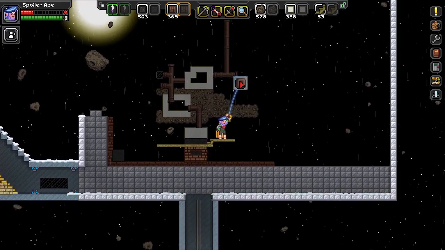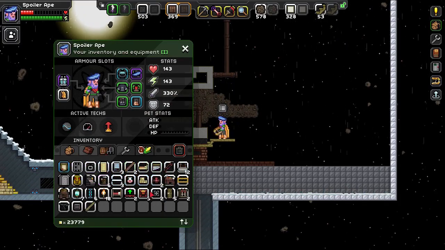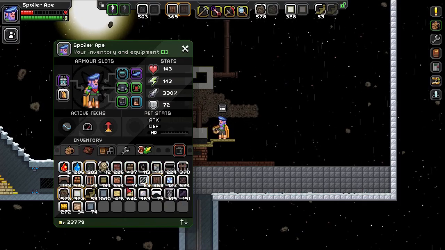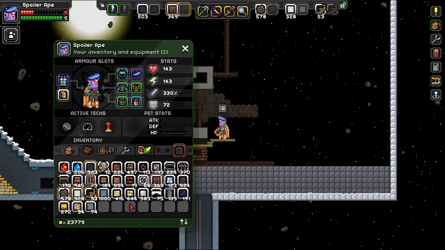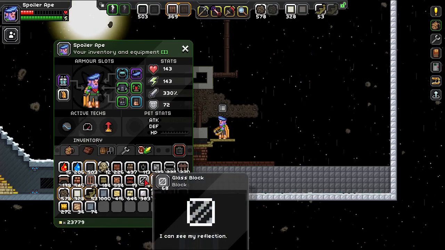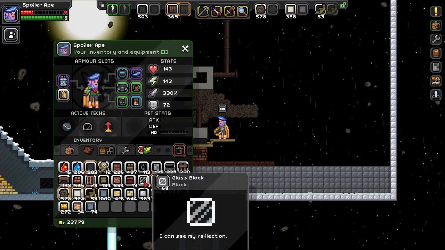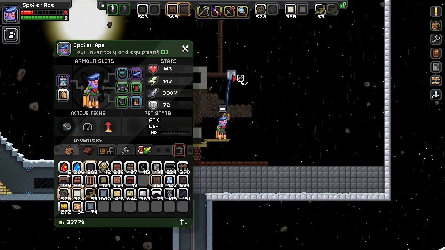So we need the red room, which I've forgotten what that's for. Oh, the shitty farming thing, that doesn't really do much. I need something red. Copper roofing or bricks. Or red glass. If I had some red glass... Right, how do you make red glass? Oh, yeah, of course you just put... yeah, that's quite straightforward, isn't it? Right, okay, so...